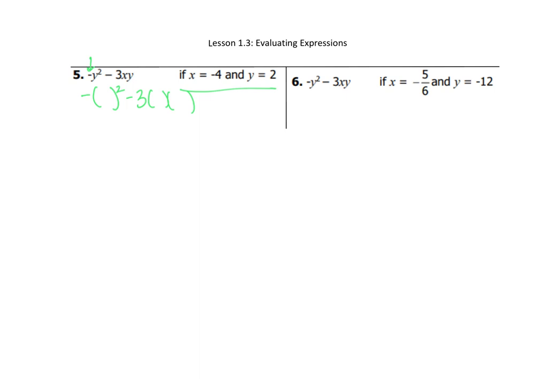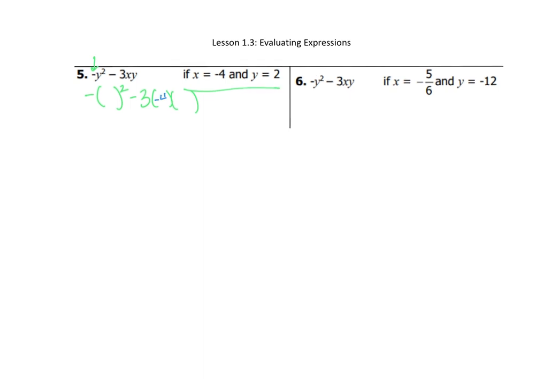Okay, we're saying that x is equal to -4. So the only x I had came after 3. It's right there. And then our y's are equal to 2. So we have a y here and here. Again, this is calculator work. It can be done order of operations, but you don't need to. Okay, I can show it that way more, but even if you are working out by order of operations, know how to appropriately plug it into your calculator. It needs to look exactly like this. Hit equals, and we